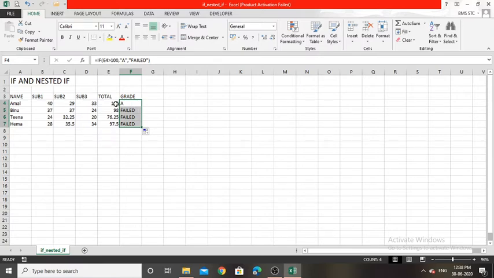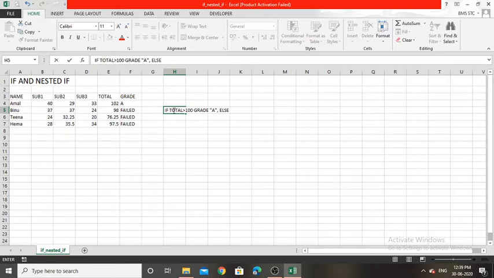If the total mark is greater than 100, put A. If the total is greater than 100, grade as A. Else, recheck the total, which is less than or equal to 100 and greater than 90, put grade as B. Again we have an else condition, right?